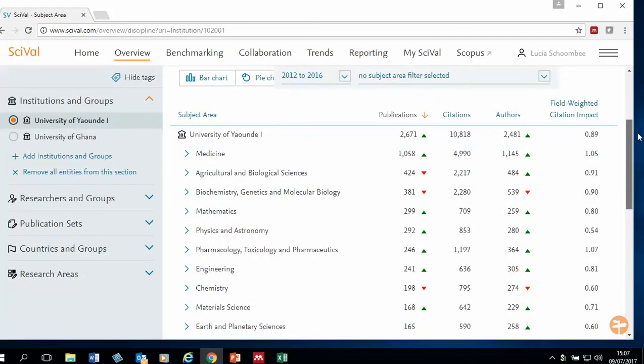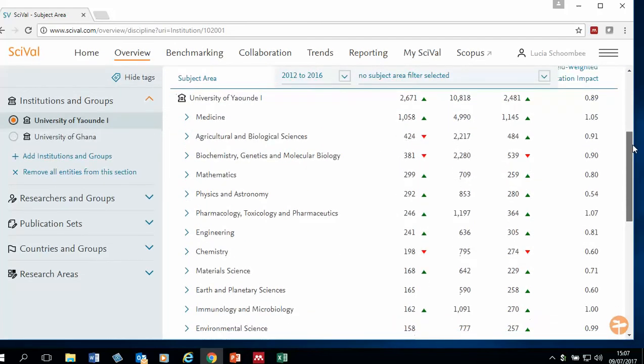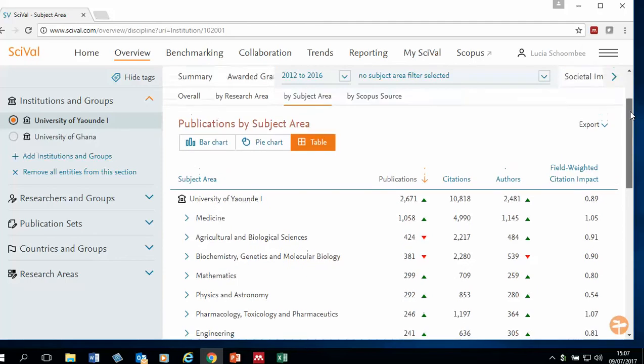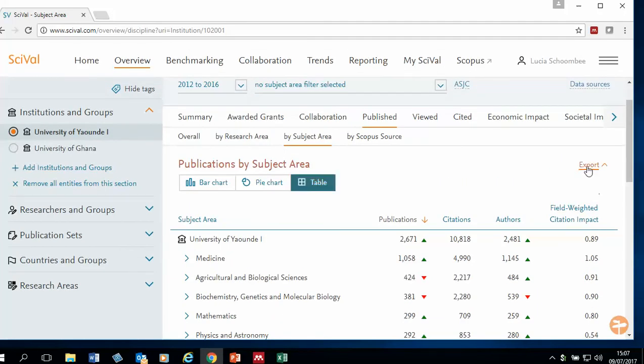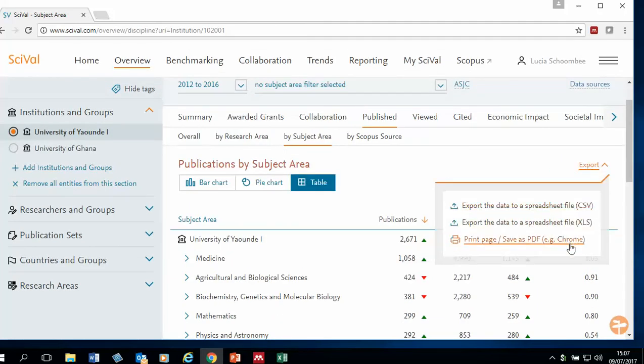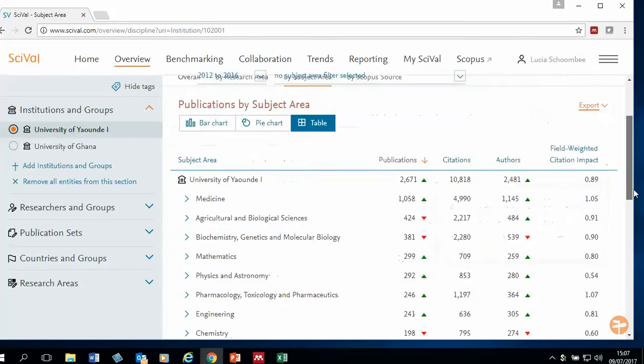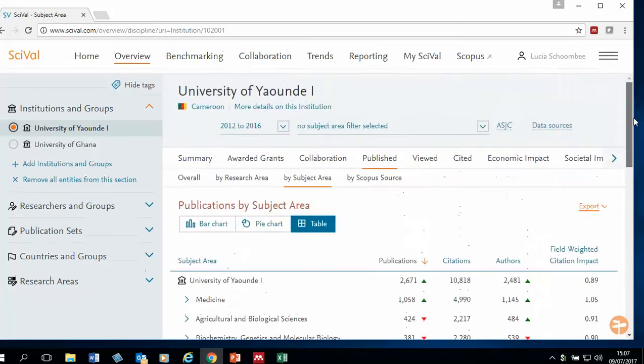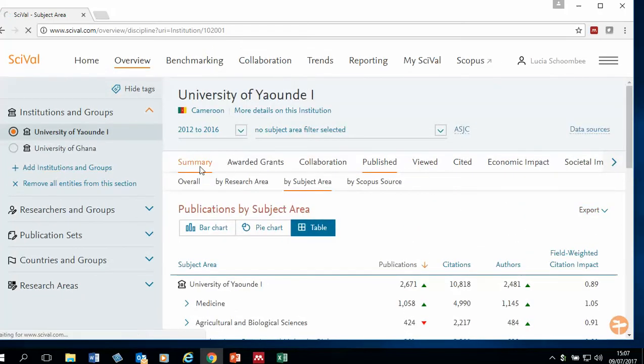So we have different visualizations for all of the ways that you can analyze the information, and you can export all of that, and you have different options for exporting as well. You can export to Excel, or you can export the screen information itself into a PDF. Right. So I'm just going back to the summary,